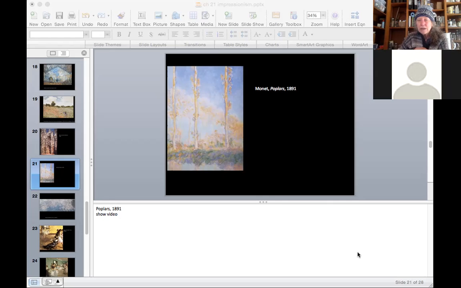But it's almost a sort of spiritual experience to be in the presence of these paintings that don't pretend to be anything other than paintings. You know, it's paint on canvas. And in that sense, Monet was anticipating or reflecting a lot of what 20th century painting would be about, which is the flatness of the canvas and the actual physicality of putting paint on canvas as an act, you could say, the act of painting.